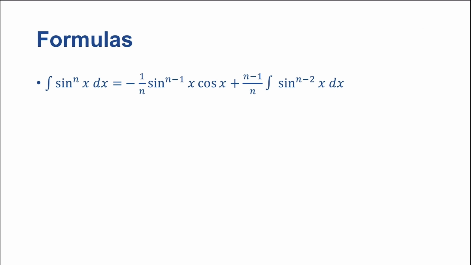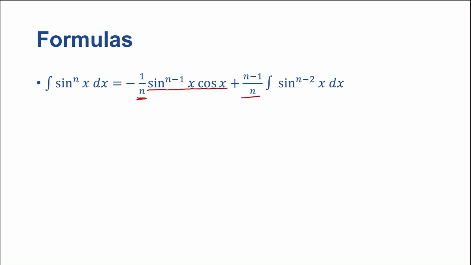So we have here that the integral of sine to the n of x dx is equal to negative 1 over n sine to the n minus 1 of x cosine of x plus n minus 1 over n integral sine to the n minus 2 of x dx. Okay, now what do we see here? Well, this looks like something that we'd find in an integration by parts, right? Obviously, we're picking sine. It looks like to reduce, we have an n minus 1. So this looks like our first term,